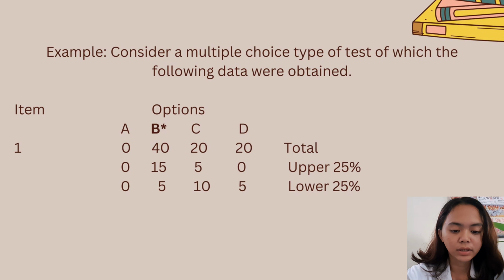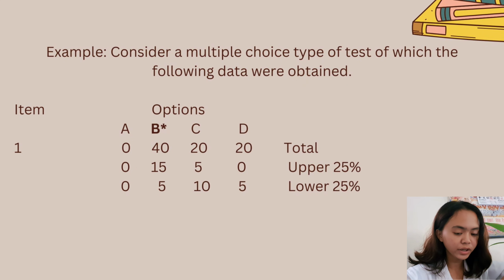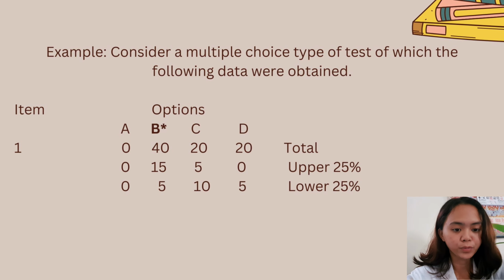So, this is the example. Consider a multiple choice type of test of which the following data were obtained. So, the item is 1. Options. Option A has a 0 total, 0 upper 25%, and 0 lower 25%. And option B has a total of 40 students, and the upper 25% got 15